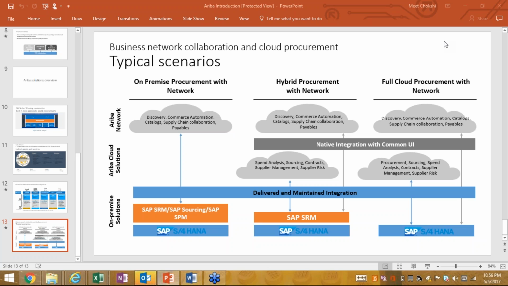So that part, I am not sure. Probably you can do it yourself, or we can do it another way, because I don't know your interest. Someone might be interested in P2P, someone might want to go to sourcing, contract, supplier management. So I don't know, it's your choice.